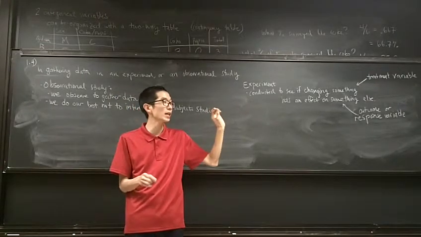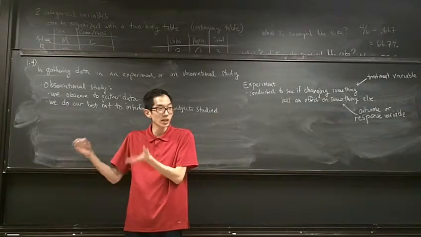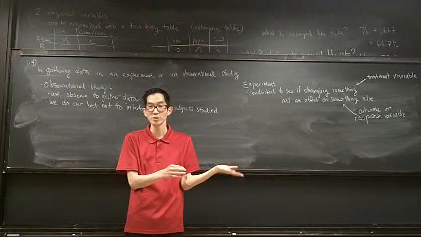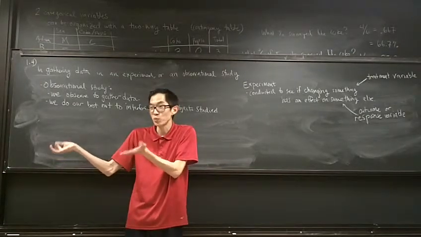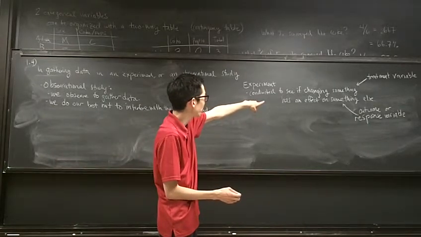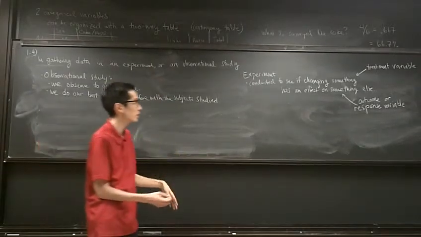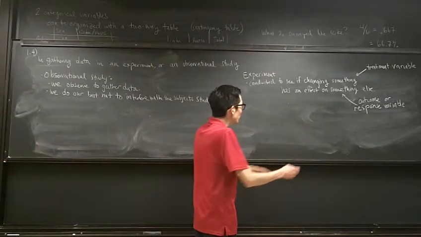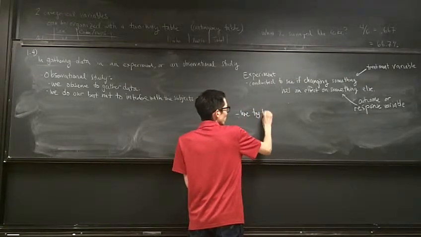And if you do that, and it turns out that those who use the ab product do actually have stronger abs than those who don't, then you can conclusively say somehow this product works, okay? So an experiment is conducted to see if changing something has an effect on something else, known as the treatment variable and the response variable, okay? We try to control